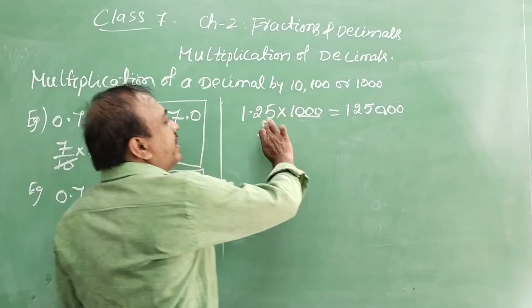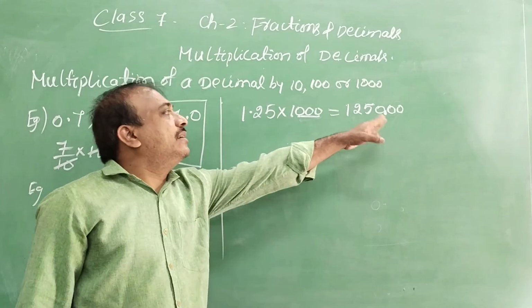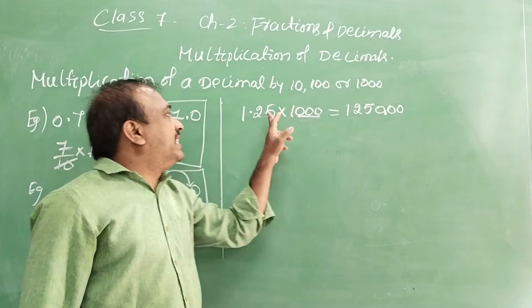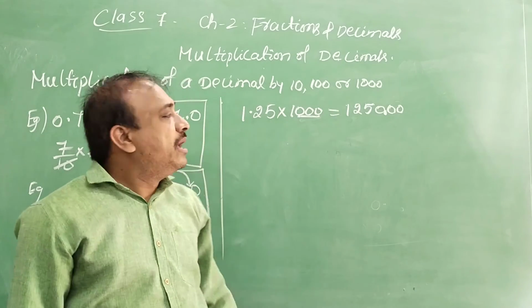1250.00. It is moving from here. Same thing. You can count from the end. From the end, 2 digits: 1, 2. Both give the same meaning. Next,